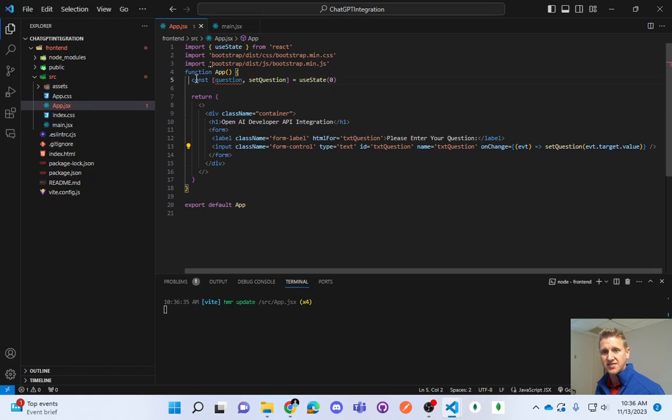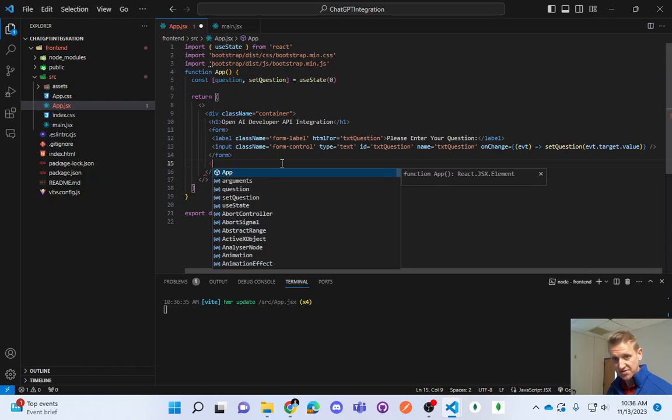So we're basically setting up a React hook to store the question, and every time the user types in the text box, we are modifying the question variable to be whatever they're typing, and just to test that,